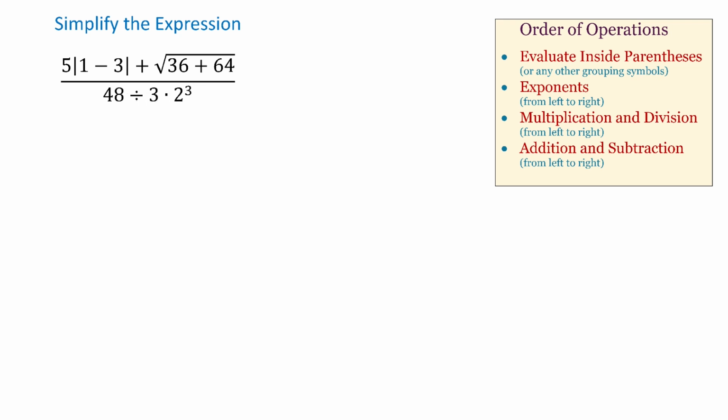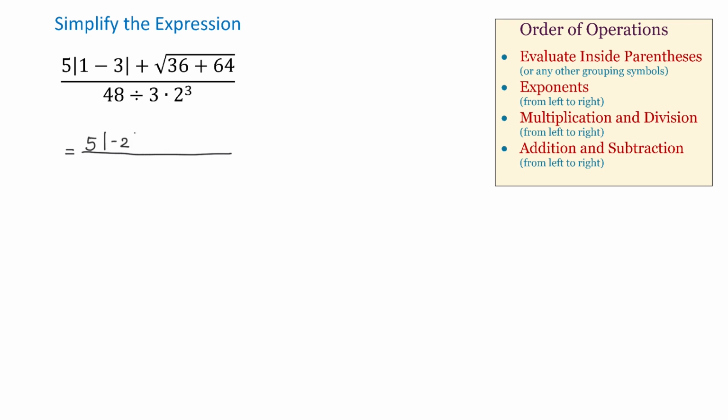Both of them are operations, but they also work as grouping symbols. Therefore, first we need to perform the operations inside the grouping symbols. The fraction bar is an operation because it indicates division, but it is also a grouping symbol. And this means that the expressions above and below the fraction bar should be treated as if they are in parentheses. So let's start simplifying, and in the numerator we have 5, and then inside the absolute value 1 minus